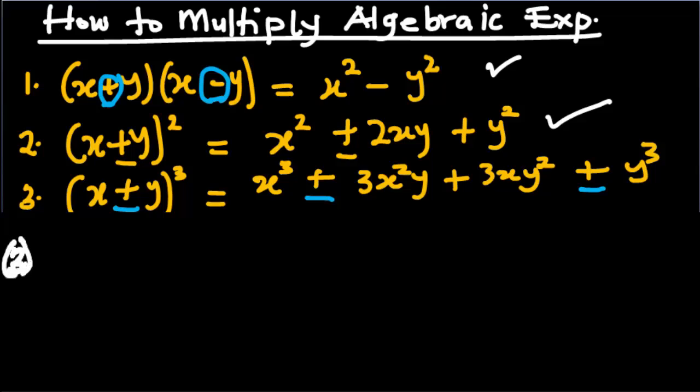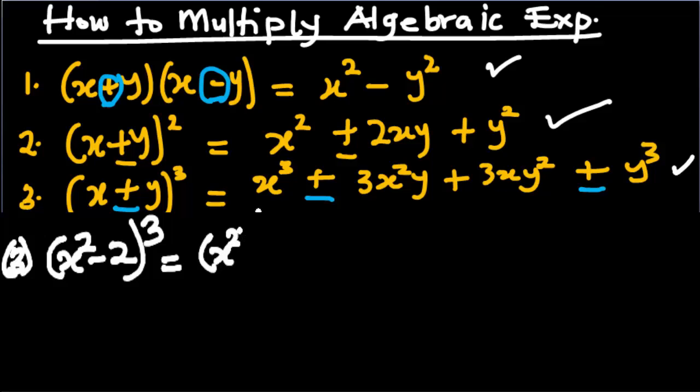Example 3: (x squared minus 2) all cubed. I'll simplify this. Since the sign is negative, we choose the formula 3, the negative version. So we have our x and then y. In this case, (x squared) cubed minus